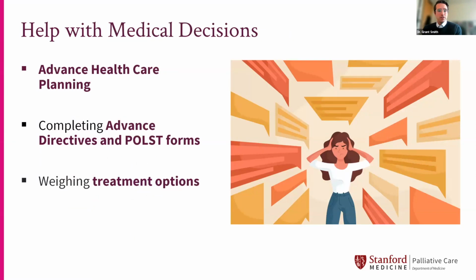We talked about helping with medical decisions, and that can include thinking through what we call advanced healthcare planning, which is thinking about how to make decisions, or what types of decisions we might need to make, if an individual isn't able to communicate their wishes. Sometimes that can involve doing things like an advance directive or a living will or living trust. These are all words that are sometimes thrown around for the same type of idea.